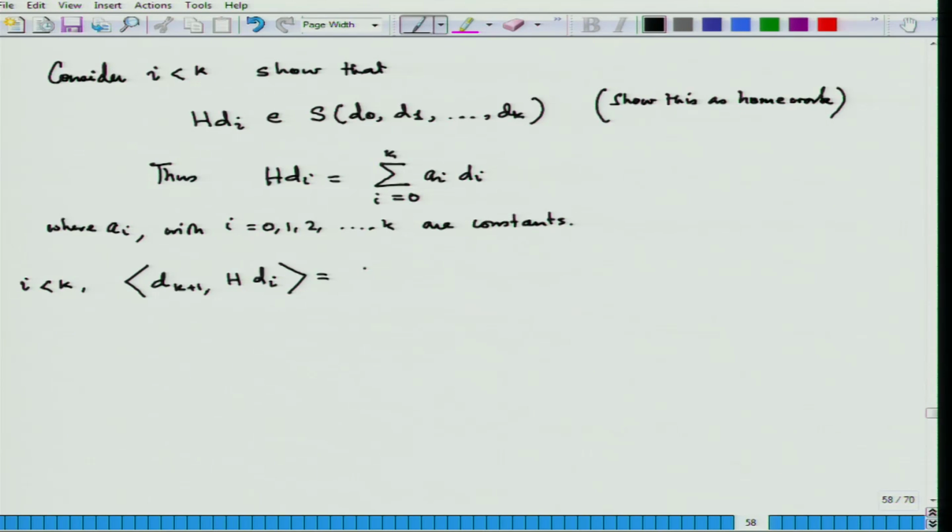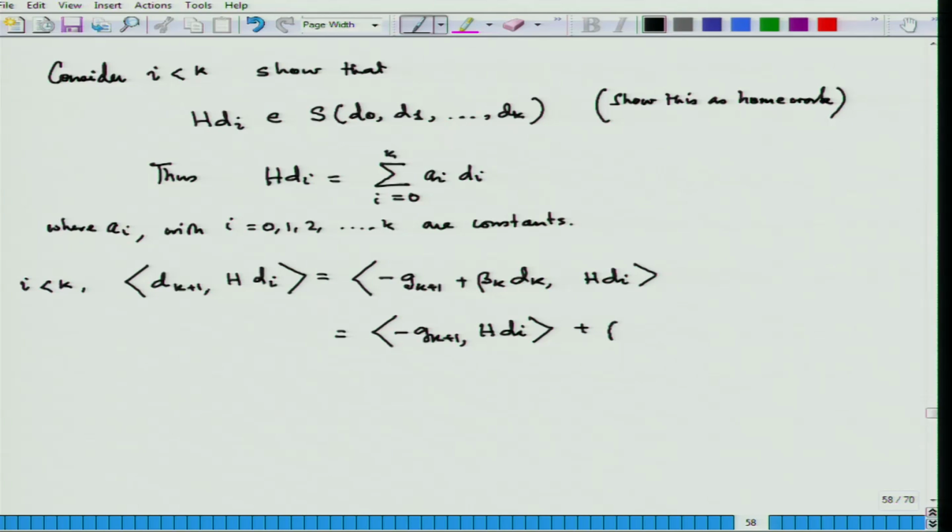So, what I do is I first take d_{k+1} and write it as minus g_{k+1} plus beta_k into d_k, and that I multiply with H d_i, because then I can have minus g_{k+1} H d_i plus beta_k d_k H d_i. Now, this is 0 is already known, that is the assumption we have made,